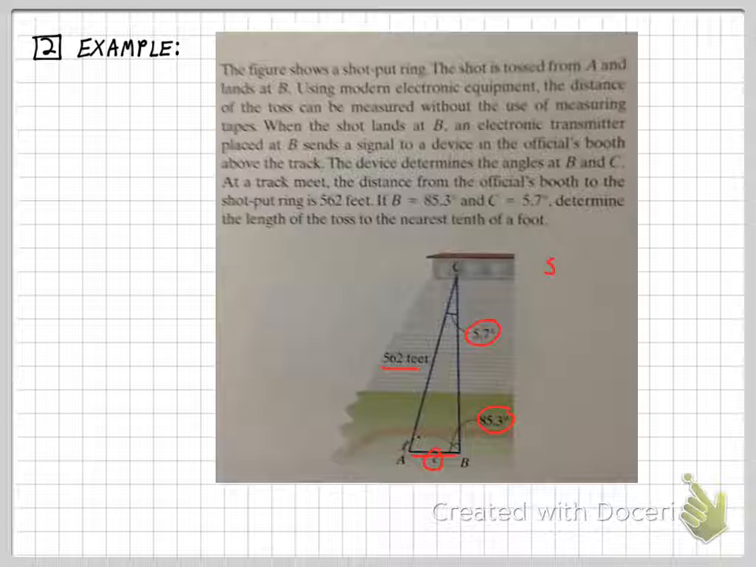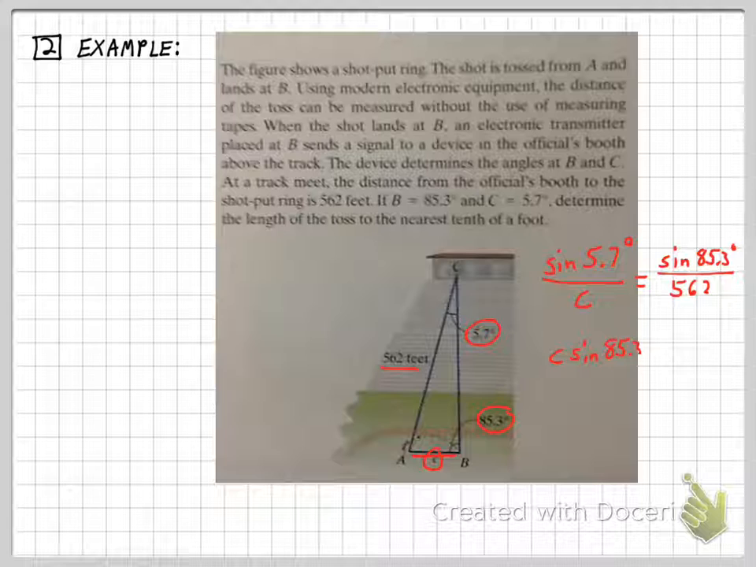So let's jump right in. If I take the sine of the angle across from c, 5.7 degrees, and I divide by side c, which I don't know, I should get the same ratio as the sine of 85.3 degrees divided by the side across from it, which is 562. c times the sine of 85.3 is equal to 562 times the sine of 5.7 degrees,